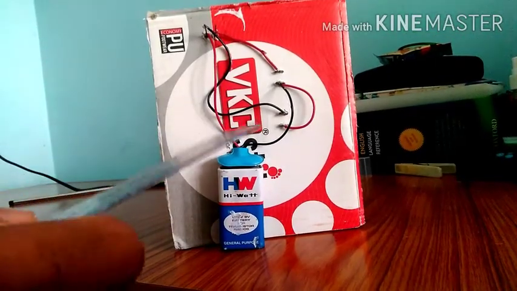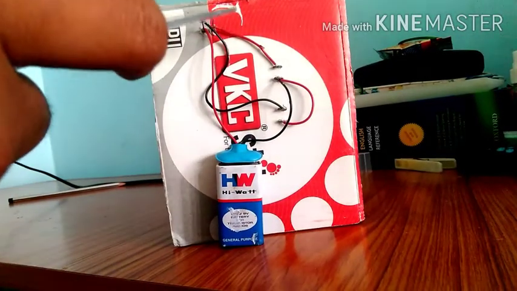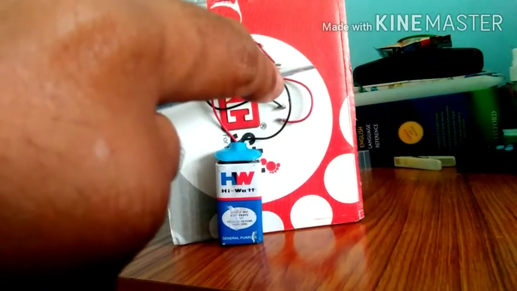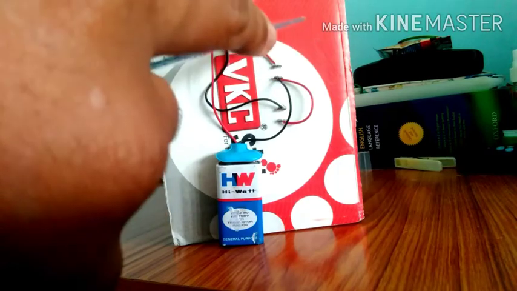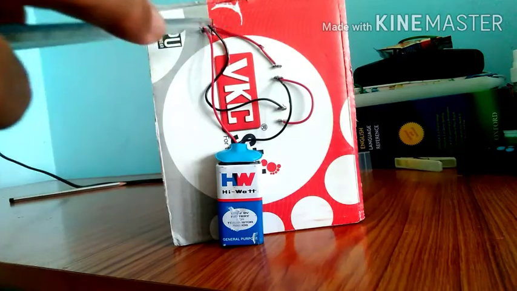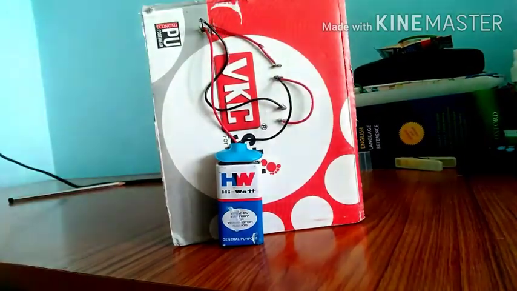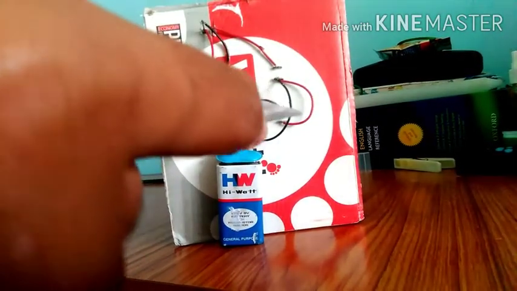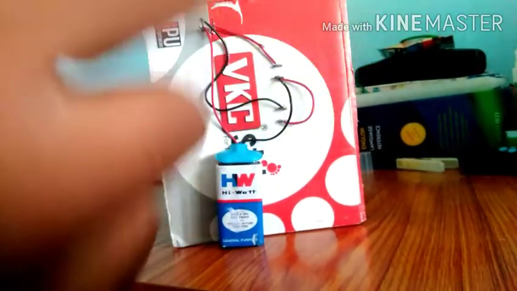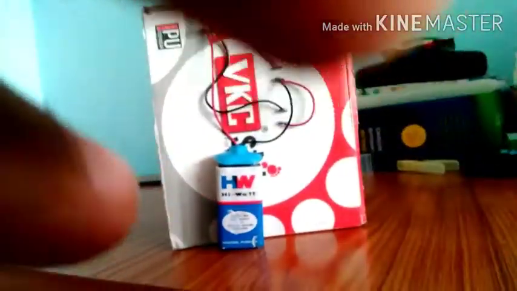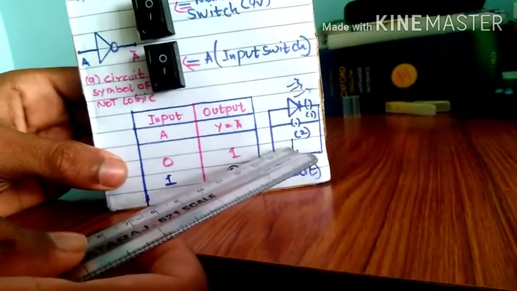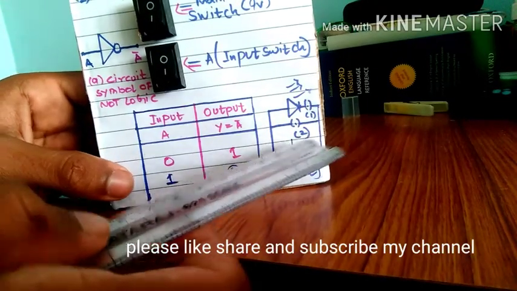So this is how I did it. I just connected the positive terminal directly to the P junction of the LED and the negative terminal to the first pin of the main switch, and I connected this wire to the LED. So when I close this, the LED is going to light up. And now I connected this LED and this input switch in parallel to each other, as you can see, and you can see the circuit that I've made, and according to it you can build your own circuit to perform the NOT gate project.